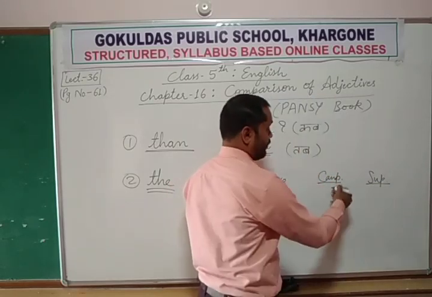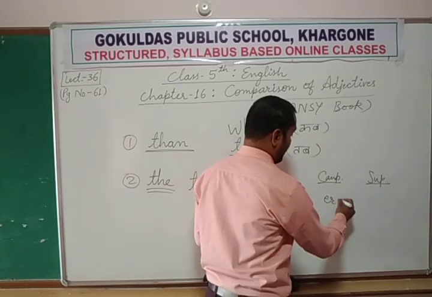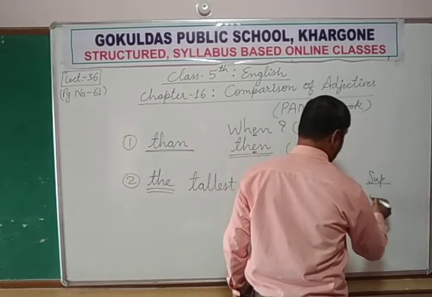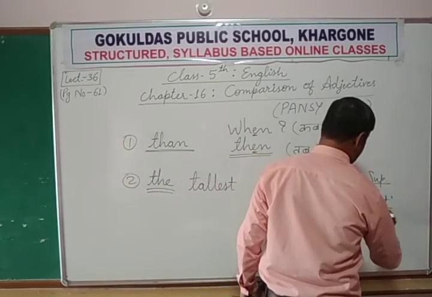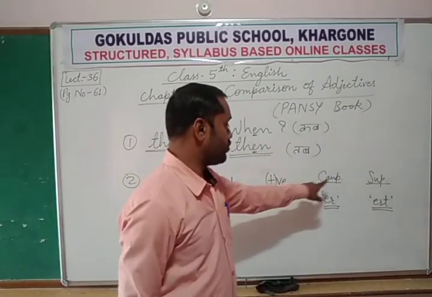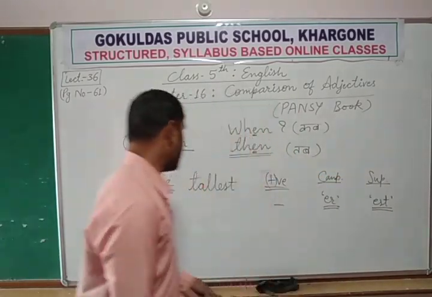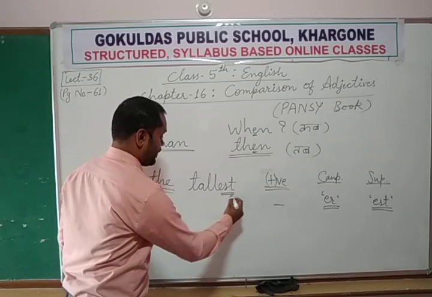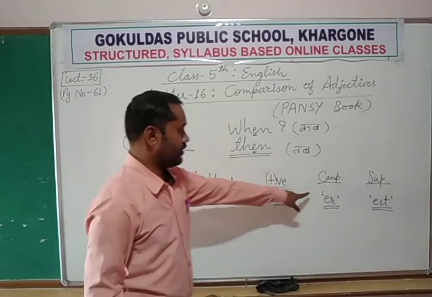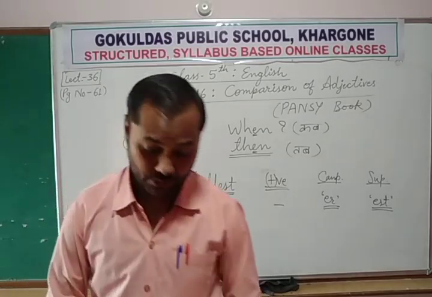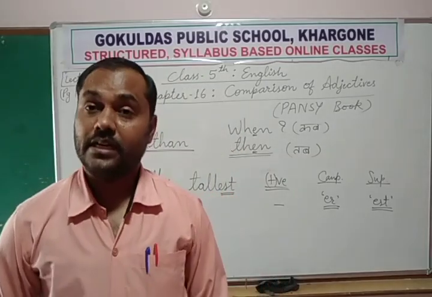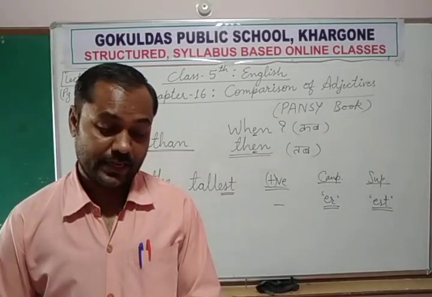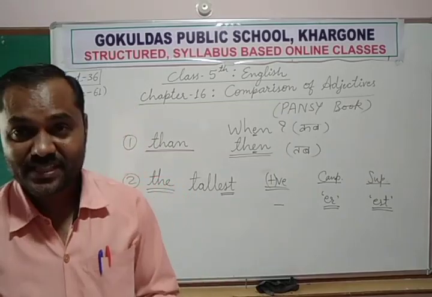Here is a simple word, but in the comparative degree we will add er. This is the very basic formation, and est is added at the end of the word to make the comparative degree and superlative degree. Just like tallest is the superlative degree when we add est, and if we add er, taller is the comparative degree. So let's learn this table, and you will be asked questions from this table in exams.